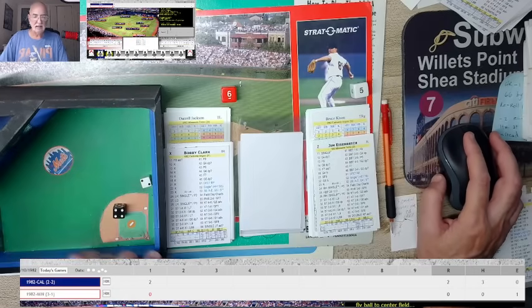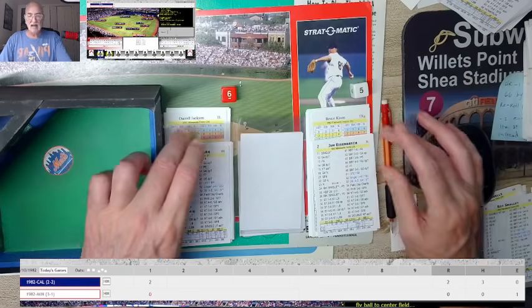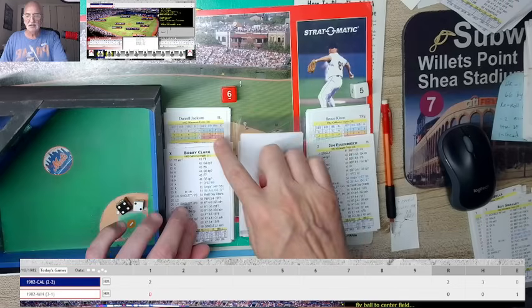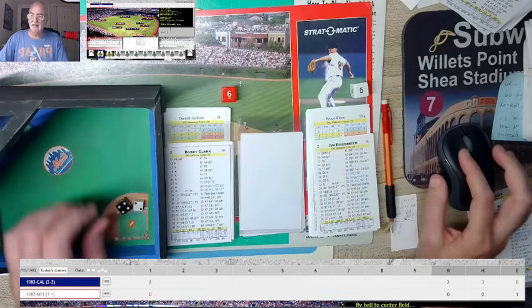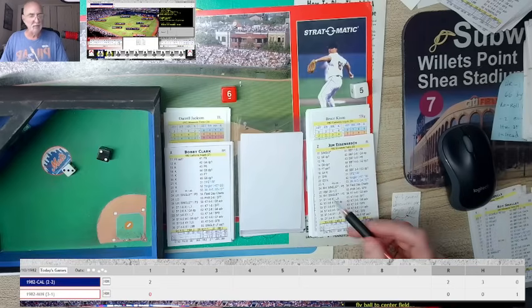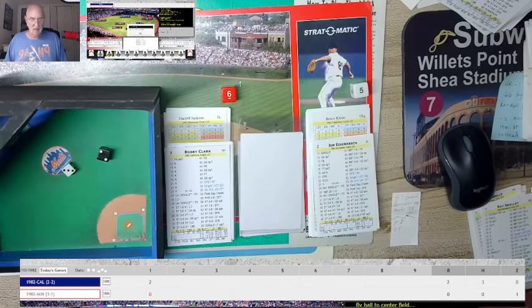Jim Eisenreich against Bruce Kison. Now I printed out the tall pitcher cards, and then I rolled. We're using 6 column here and 5 column there, and I keep that to remind myself. So that's going to be a 23, and the 23 will be a swing and a miss, and he goes down chasing a ball in the dirt.